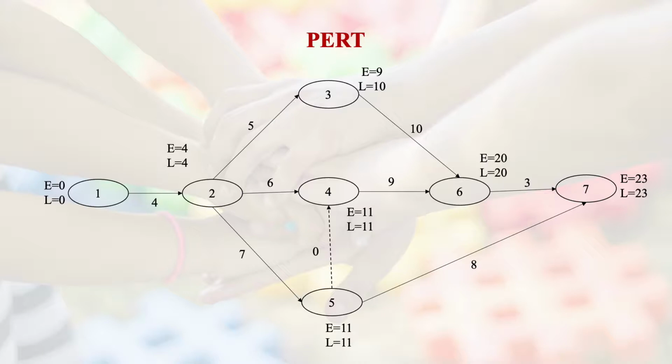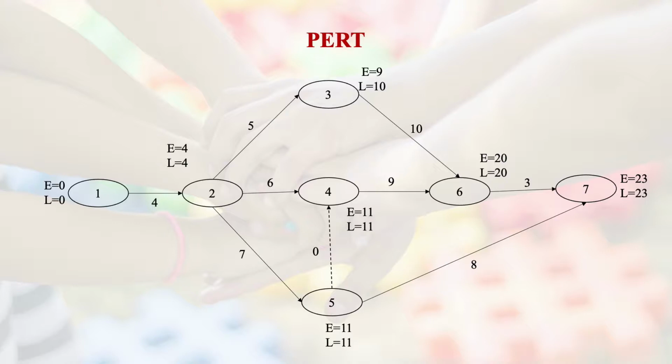So you can see there are events. The first event is in an ellipse, 1, and there is an arrow, which shows an activity, and below the arrow the time taken for this particular activity is shown as 4. So from event 1 to event 2 the time taken is 4. Similarly, from event 2 to event 3, the time taken is 5. Now this time can be in weeks or days depending on whatever time estimation we have used.